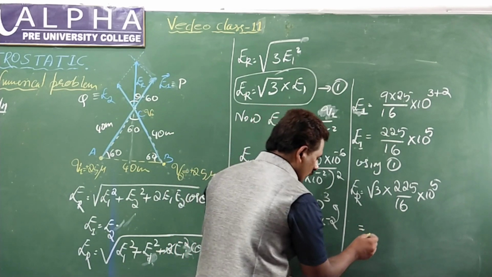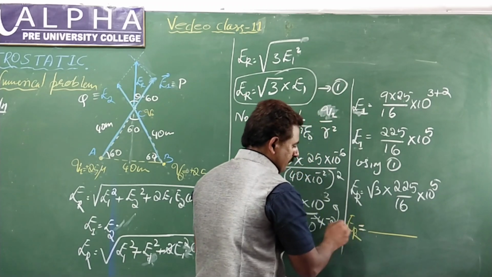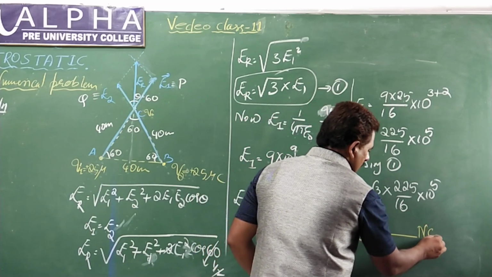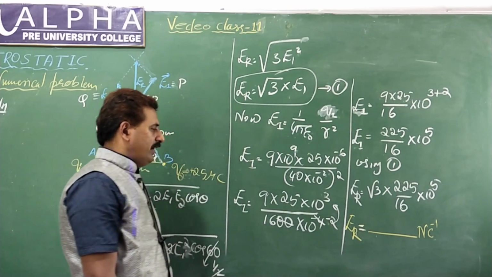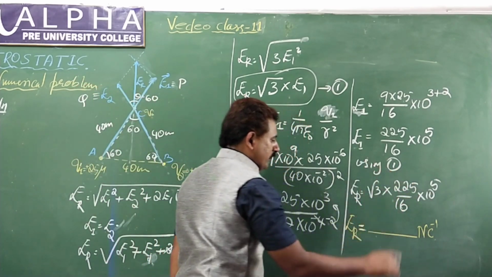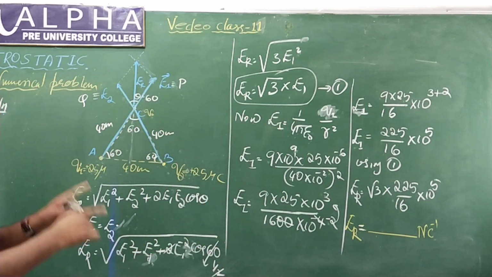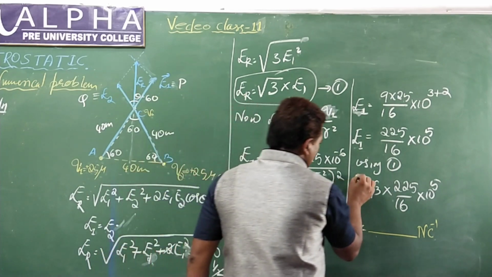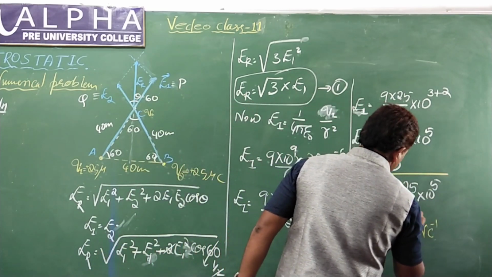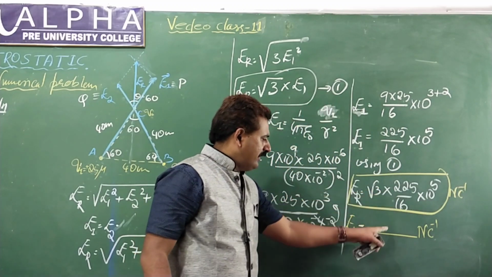See what you get. I put a dash here; you have to do it. Right unit, Newton per coulomb. What is the unit of electric field? Newton per coulomb. Simplify this, 10 power 5 Newton per coulomb. That's it, right? Now that is the value, the magnitude. You can write this much only, no problem. This is the final answer, Newton per coulomb, okay? Or else you simplify further and write here.